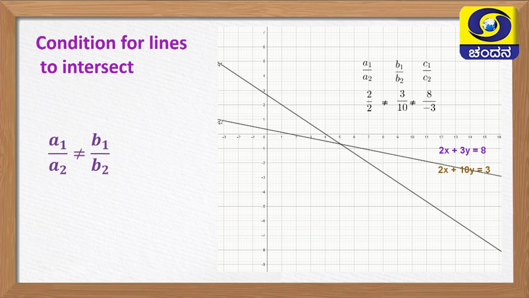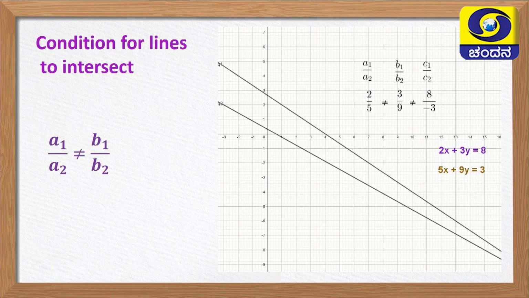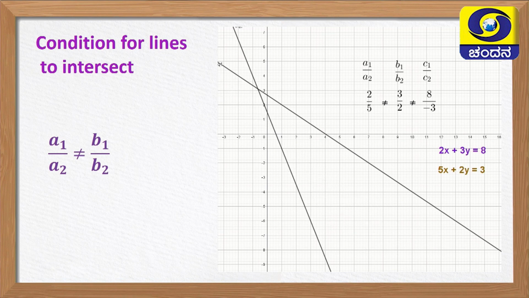Yes, you are checking 2x plus 3y is equal to 8. Another equation, 4x plus 10y is equal to 3. 5x plus 10y is equal to 3. Just check, the equation is changing, but we are getting many equations such that these two lines intersect. We won't get only one equation. Here we are getting more than two equations. For the condition of intersecting lines, there are so many equations.